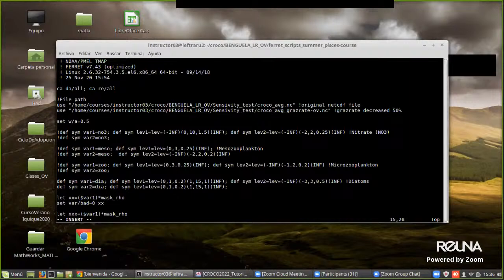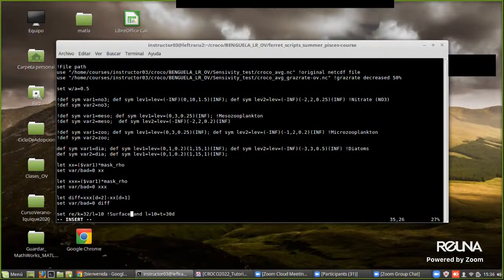And here you can observe all the variables that I put in the tutorial 02. Yeah, this is nitrate, mesozooplankton, microzooplankton, and diatoms. Okay. And an example of this is